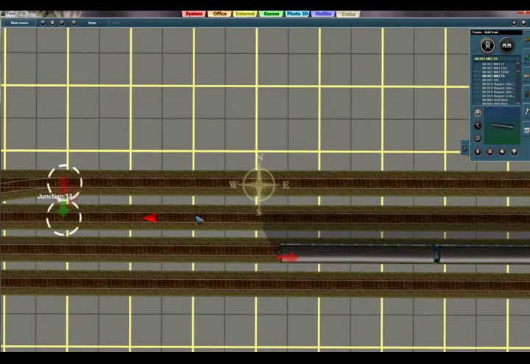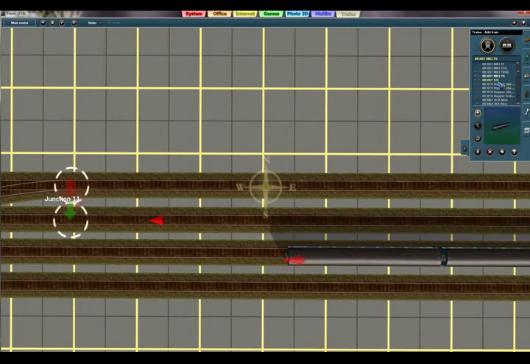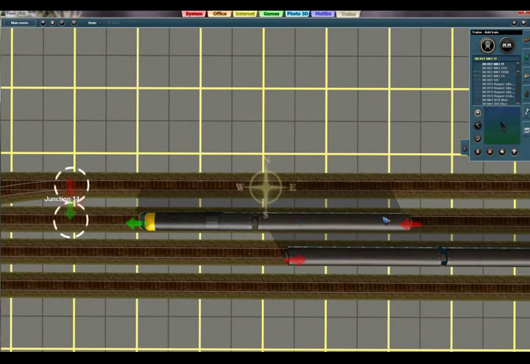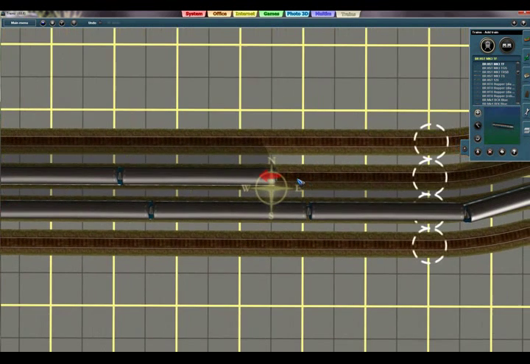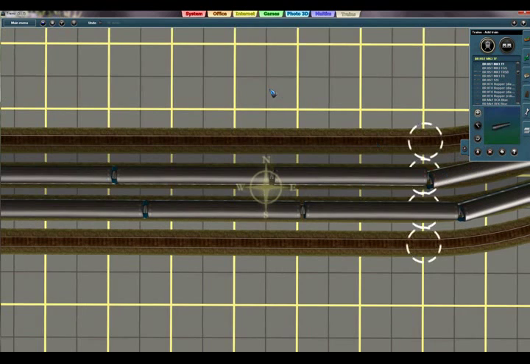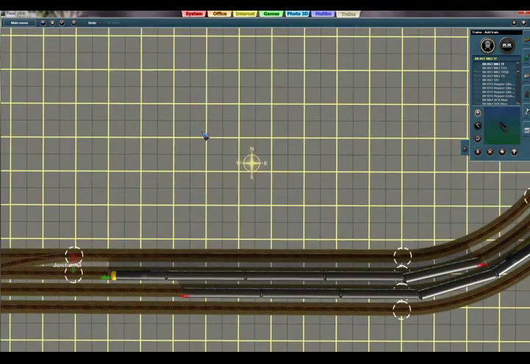And now the other one, I'm going back to the 125 and place that one over here, but now I want to rotate it to give it the other direction, and now add a few carriages, 1, 2, 3, 4. Well, I think we are all set and done for the setup.